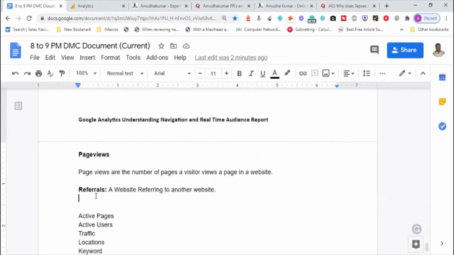Okay, there is a metric called active pages, which means the pages that are accessed actively by the users. Okay, it may be an instant or live report. It can also be a 10 days report, 5 days report, 20 days report. Okay, people should be using it actively.